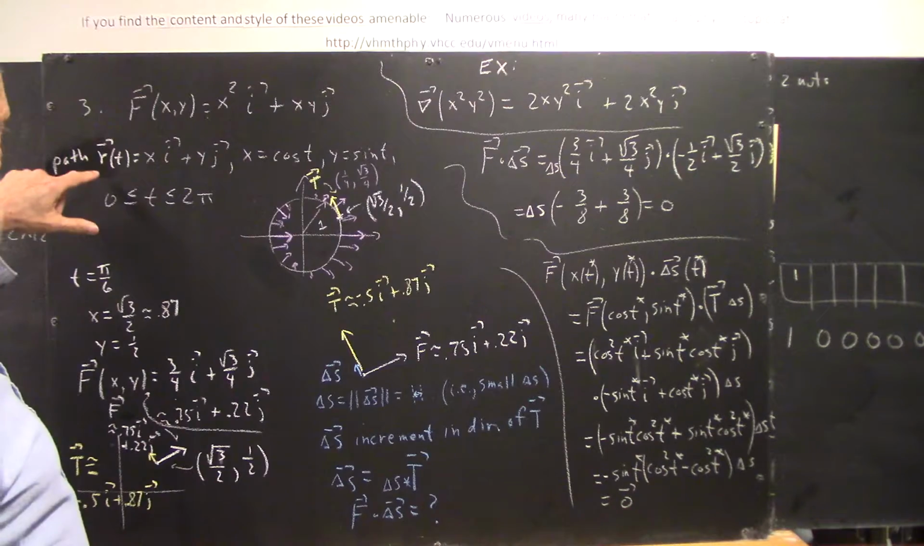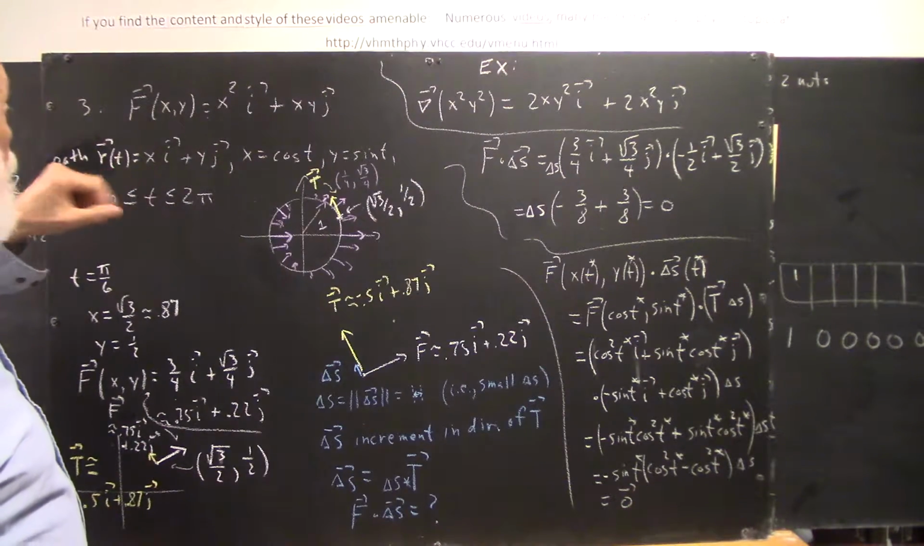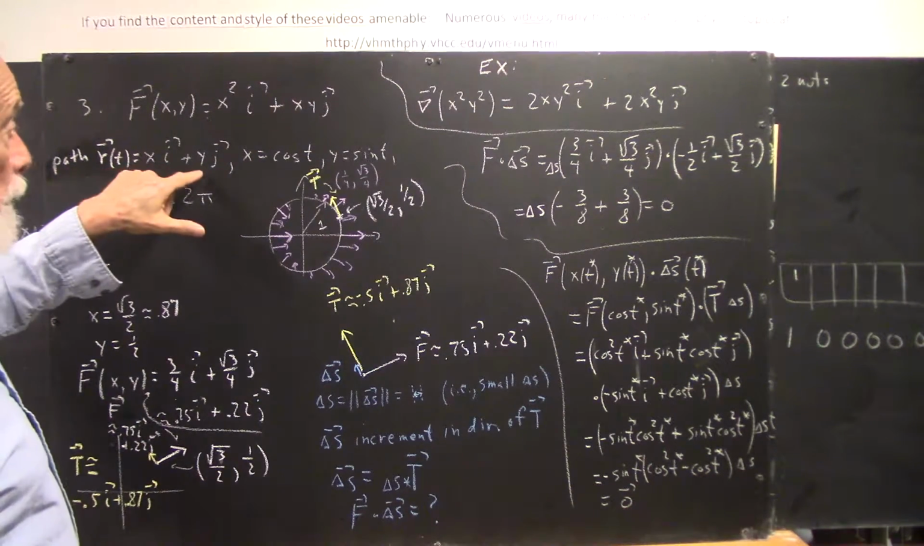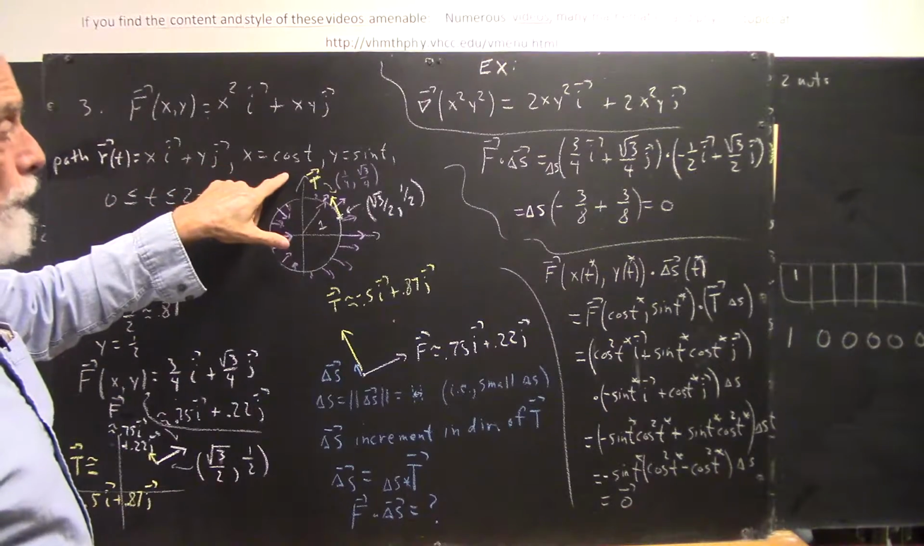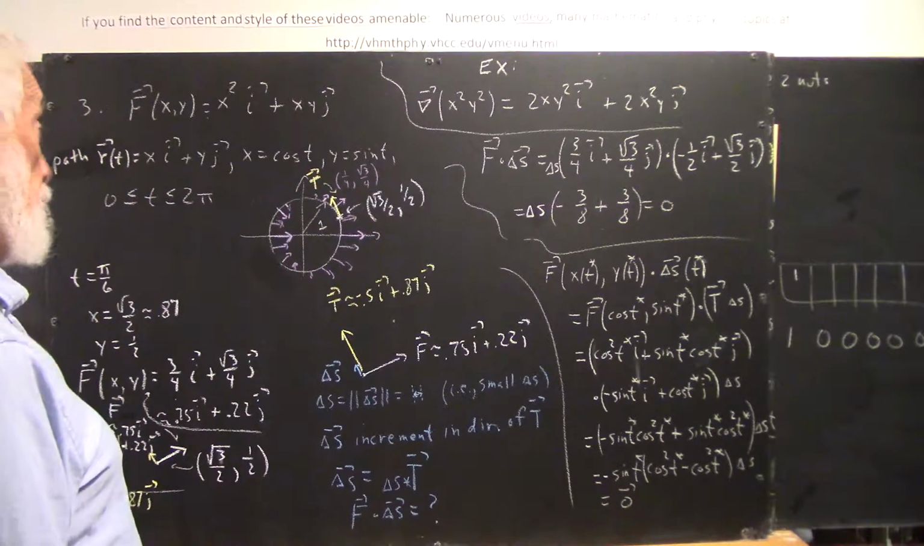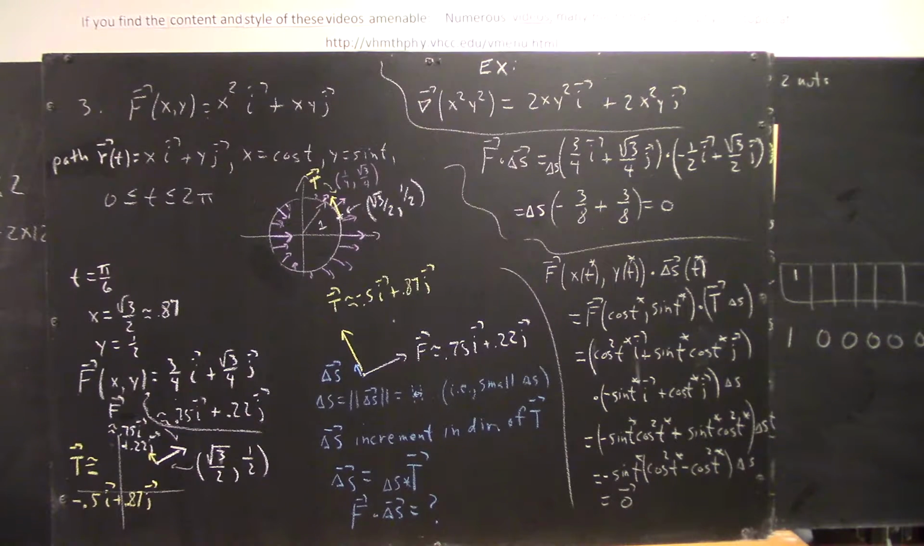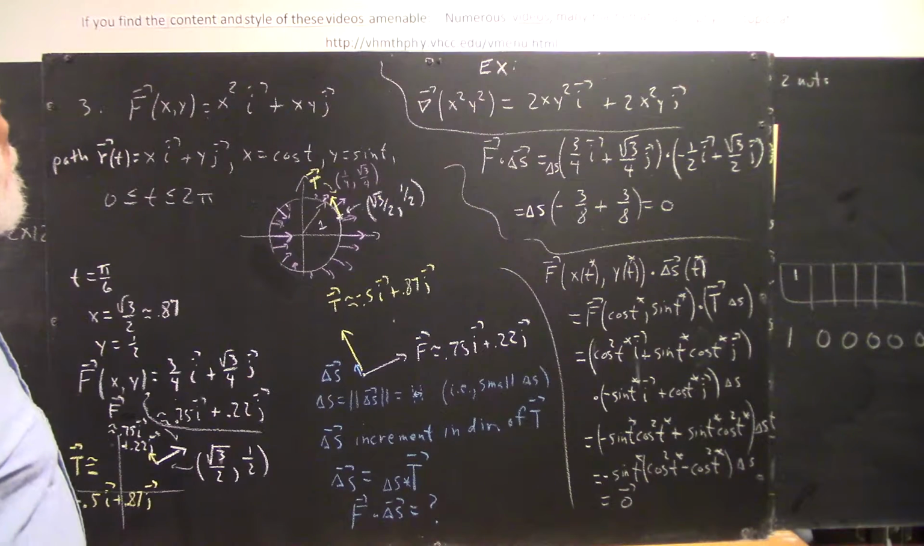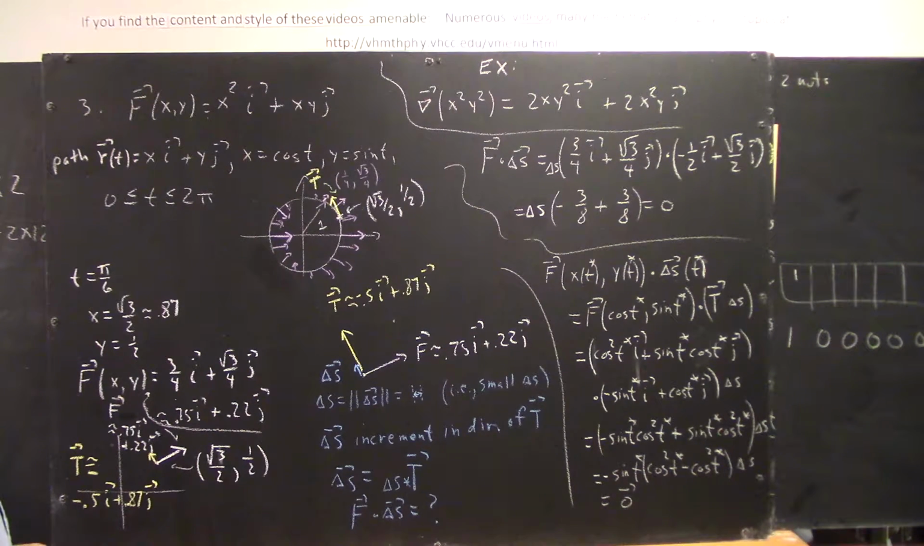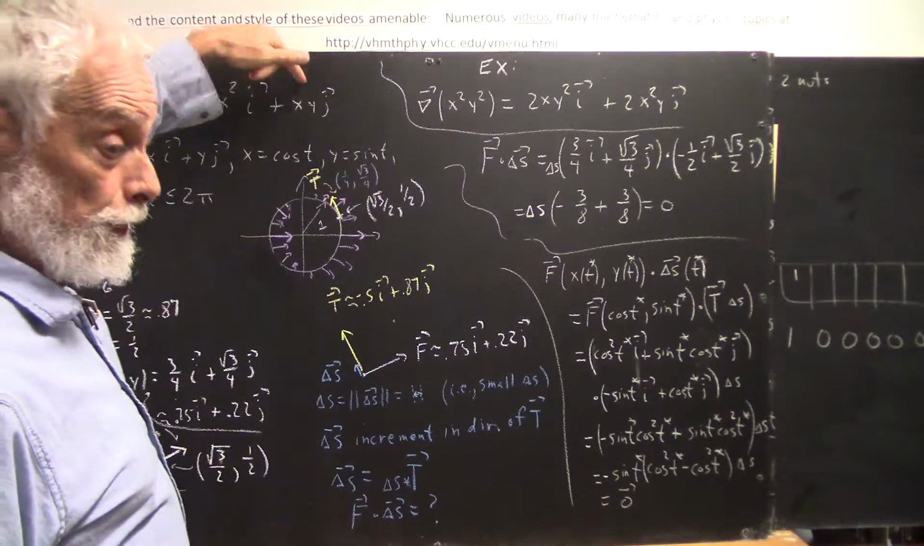I could have said my path is a vector r of t, where r of t is xi plus yj, with x equal to cosine t, y equal to sine t, and t from 0 to 2 pi. And that might bring this into a little more familiar perspective. Now the first thing we want to do when we see a function of this nature,